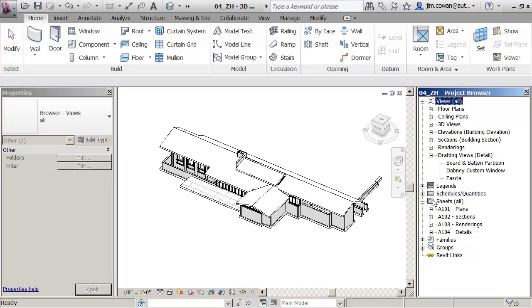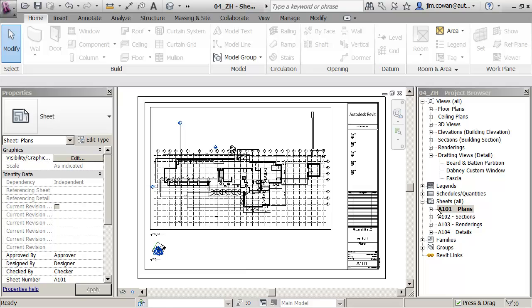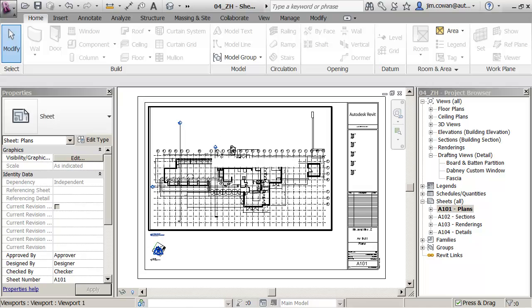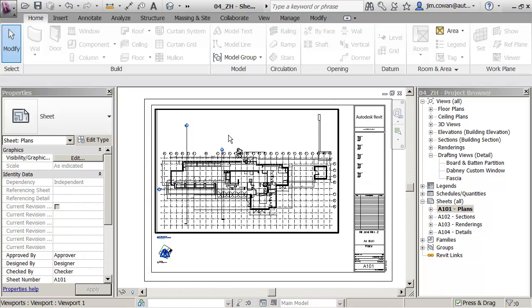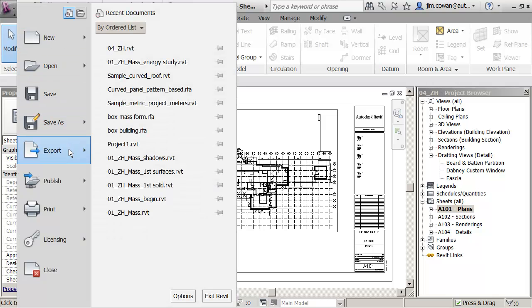So I'll just show that there is the option, if you wanted, of bringing in sheets. This is because QTO would actually let me measure areas from the sheet. So in this case, I'm going to create a separate file just to show that it's possible. I'm not actually going to use it because it's kind of redundant for a BIM model, at least in this case it is. So I could export the